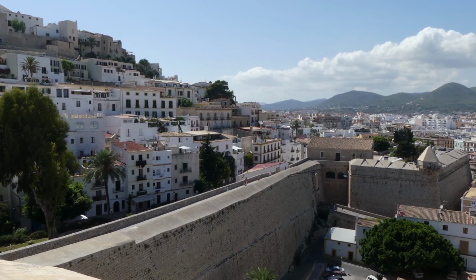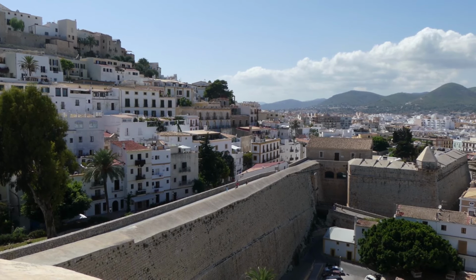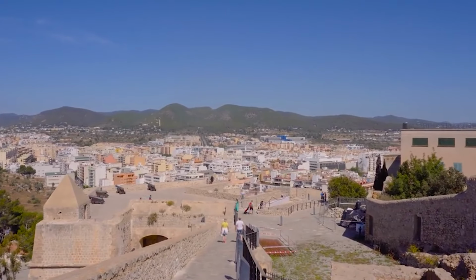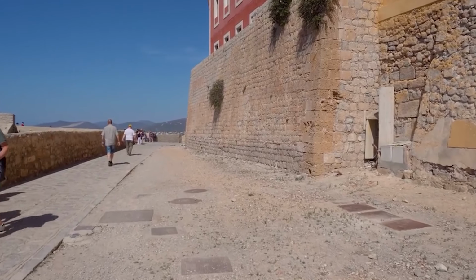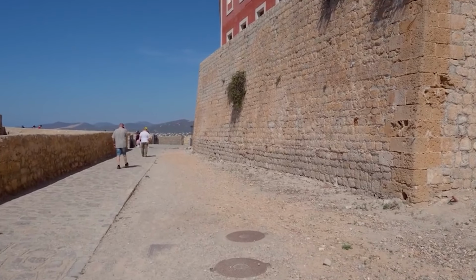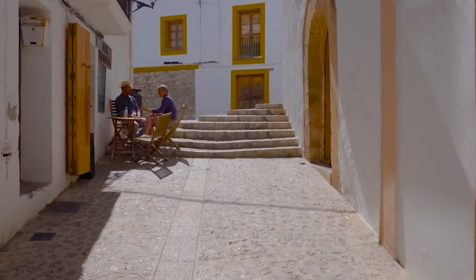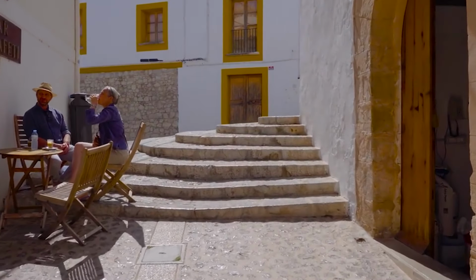The town's fortifications were built on top of the remains of the Moorish walls in the 16th century. With 3 gates and 7 corner bastions, the main entrance gate is the Puerta de las Tablas, which bears King Philip II's coat of arms. Part of the Museu d'Art Contemporani d'Eivissa is now housed in one of the fortification's old bastions. This collection includes works created on the island of Ibiza since the 1960s and photography exhibits, 1970s screen-printed posters, and